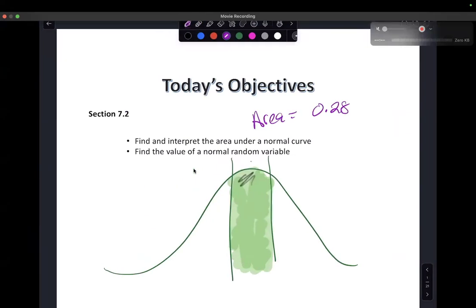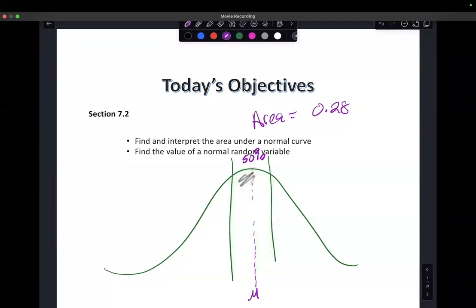My mean is down the middle. Okay, so I know that 50% of my data is above the mean. This is my mean right here. 50% of my data is below the mean. So if I was thinking about the area of the curve, this is the 50% spot, correct? Right there. So if this middle is 28%, then, whoa, I did not mean to do that. Then this is going to be 14%, and this is going to be 14%, because half of 28 is 14,